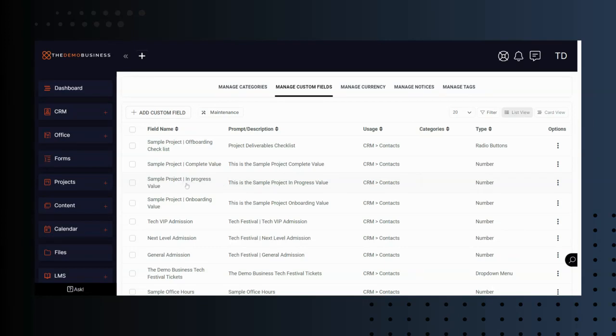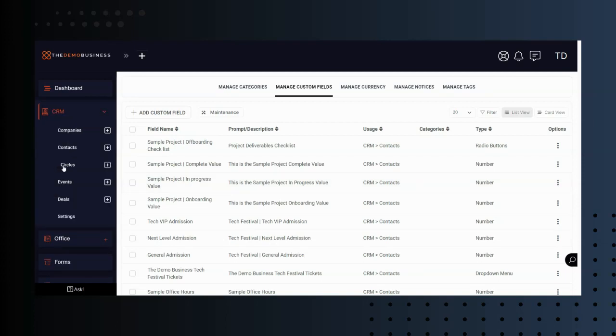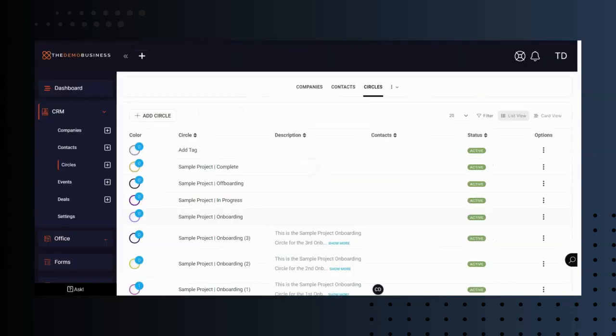After you create that in progress value, you're going to come over to your CRM and go to circles. And we want to create that in progress circle. What that in progress circle will do is allow us to have a visual